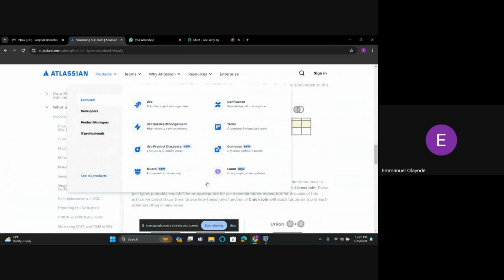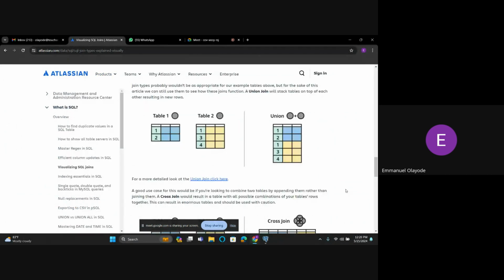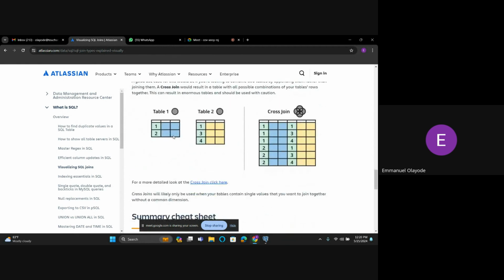That's where we have 1, 2 and 1, 3, 4. So cross join is going to be mapping everything that we have in table 1 with table 2. That's why we have 1 and 1, 1 and 3, 1 and 4. And also it's going to take the second one, 2 and 1, 2 and 3, and 2 and 4. This is what we call cross join